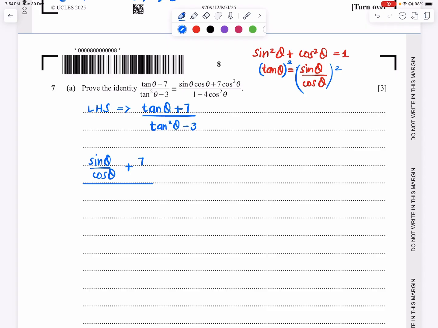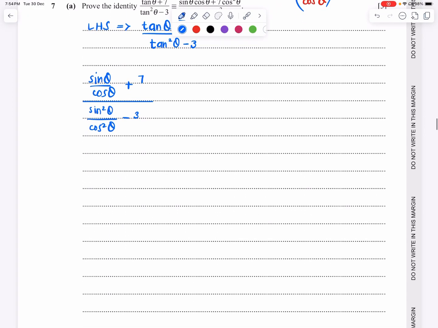So tan square theta will be equal to sine square theta over cos square theta minus 3. I hope that makes sense. I'm just going to take the LCM in the denominator and in the numerator. So that's going to become sine theta plus 7 cos theta divided by cos theta